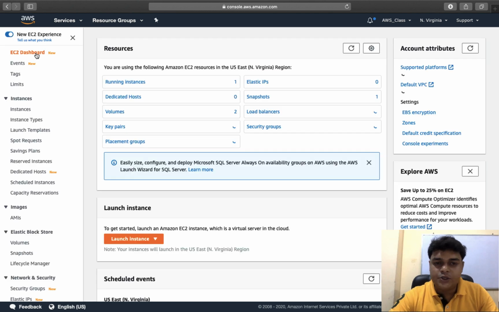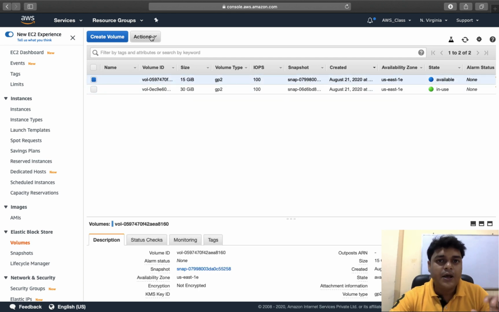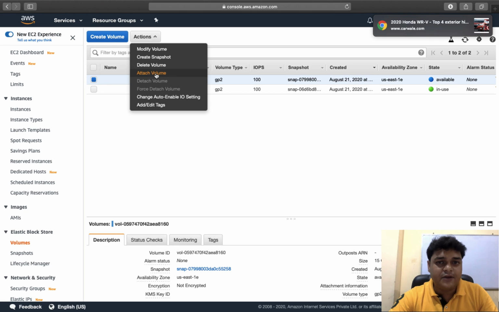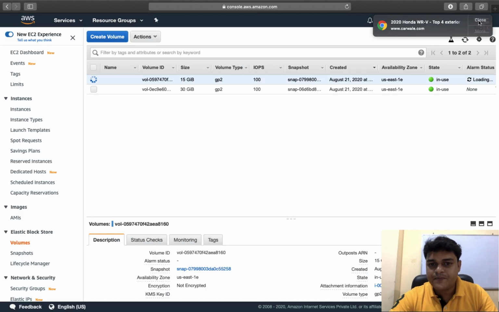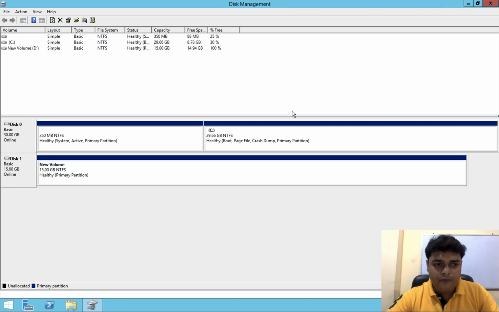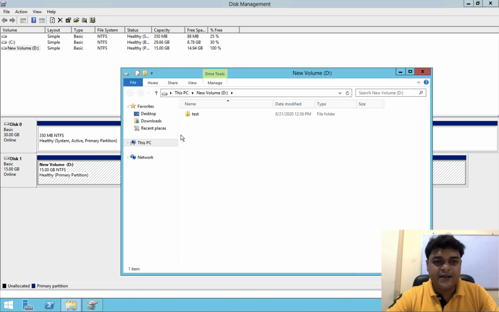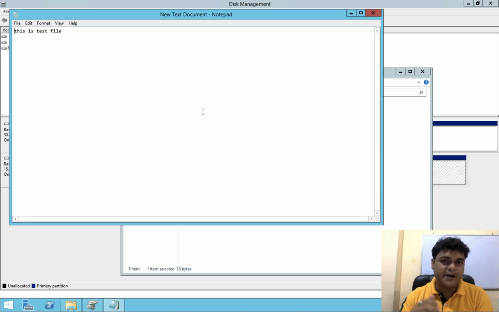Now click EC2 dashboard, go to the volume icon, and you can see one more drive was created successfully with the help of a snapshot. Click action and click attach again. Just click attach volume and select the virtual machine where you want to attach it. Now we need to open our virtual machine's RDP. Once our virtual disk is attached successfully, we are able to access the disk and see the data that you uploaded in our previous hard drive.